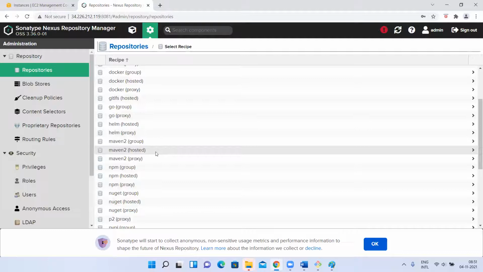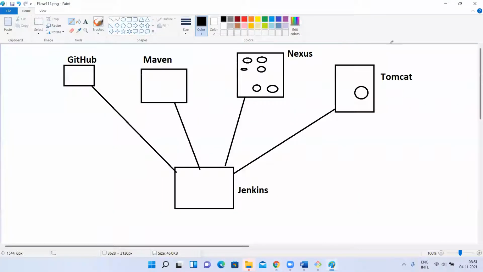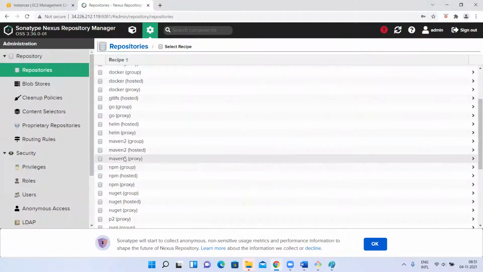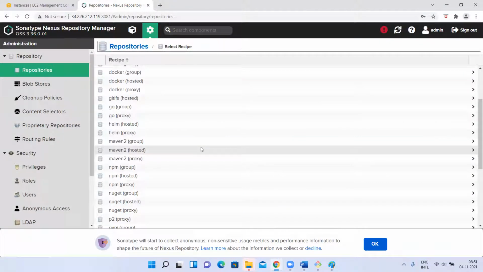Let's discuss. 2 repositories. Why? Because we can take only one, but 2 is recommended. Why? Because I want to create 2 repositories. One repository I'll use to take the backup of snapshots, meaning for the applications which are under development. For that, we'll have version -snapshot, right? So that snapshot I'll take separately. The production ready ones, which are ready for production, are already in production. For those, I'll take a separate repository.